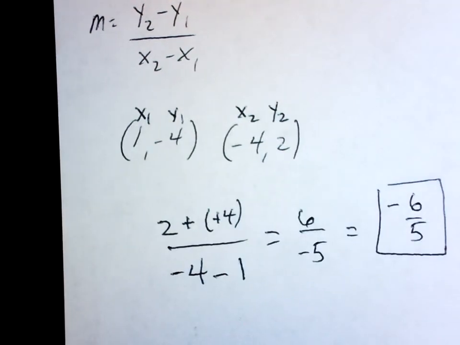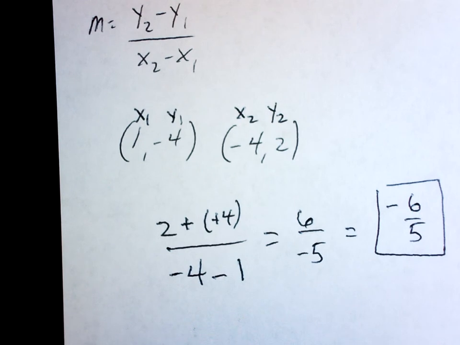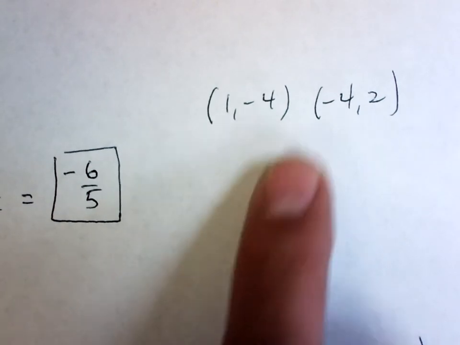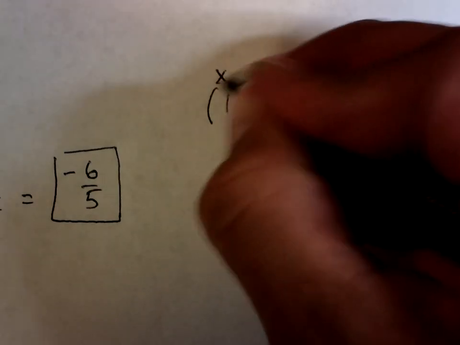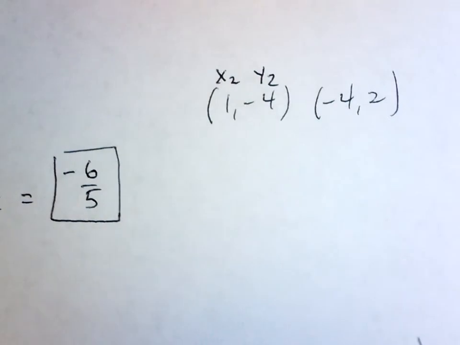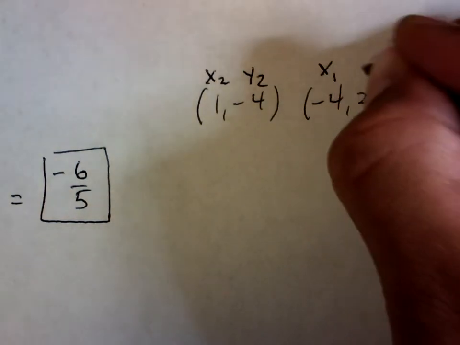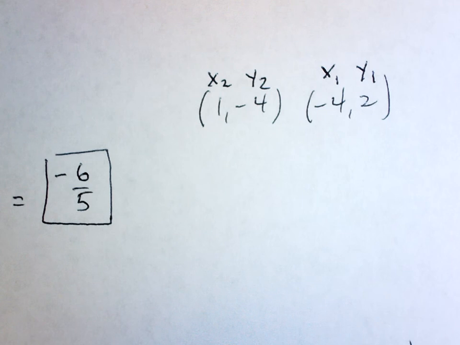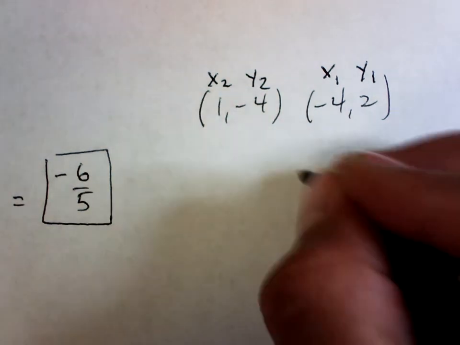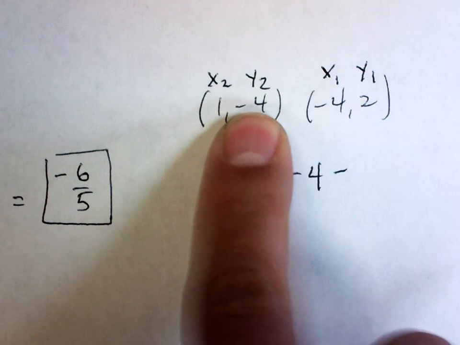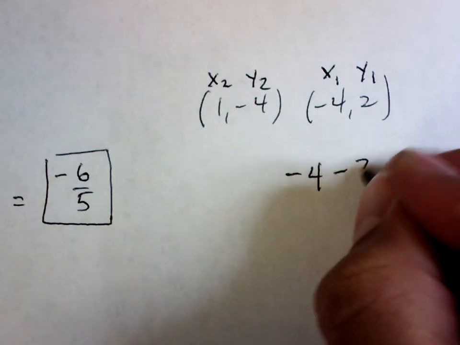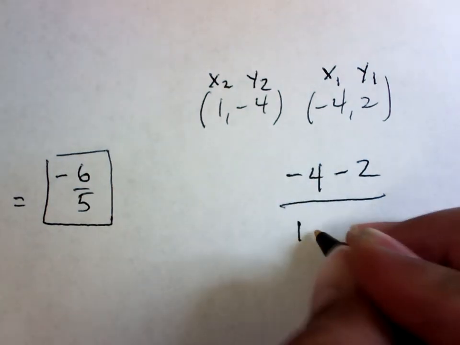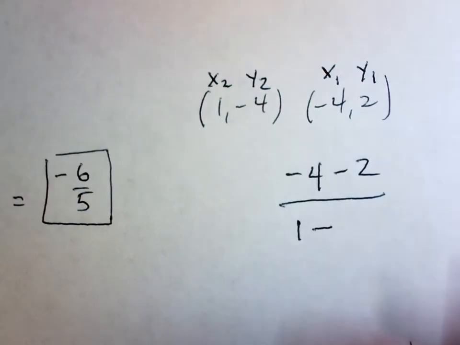over 5. Now notice, it does not matter which order you go in, because I'm going to do the same 2 points, but now I'll call this one point 2, so that makes that x2, and that makes that y2. And I'll call this one point 1, so that makes that x1 and y1. I'll get the same exact answer. So y2 is now negative 4 minus y1, which is 2, divided by x2, which is 1, minus x1, which is negative 4,